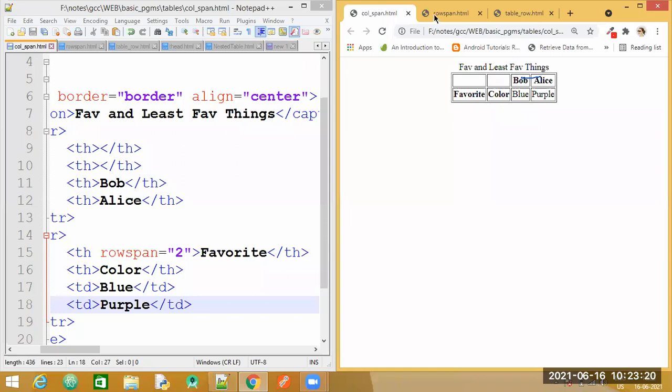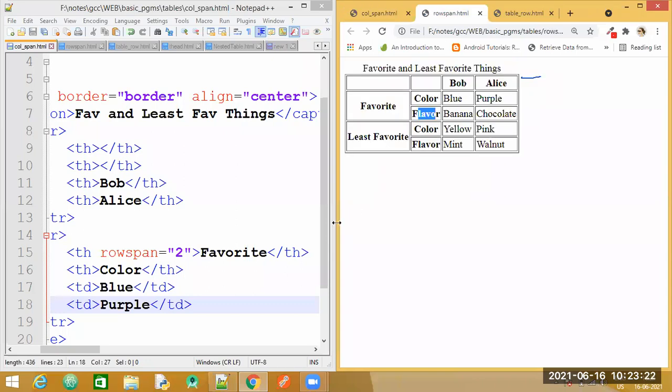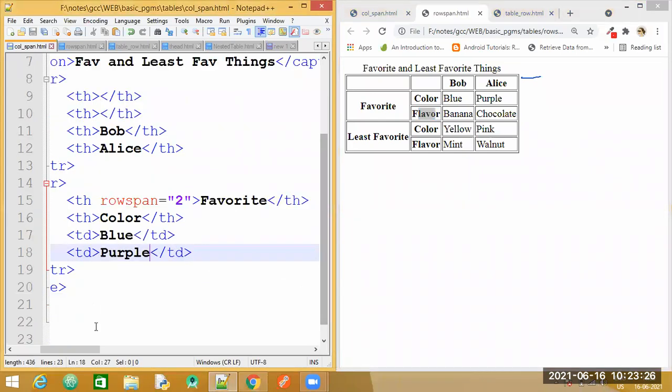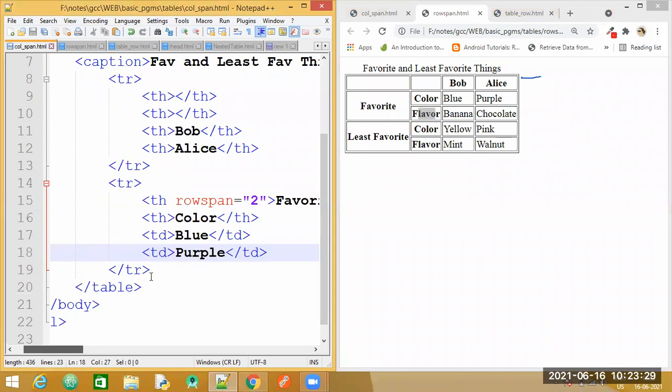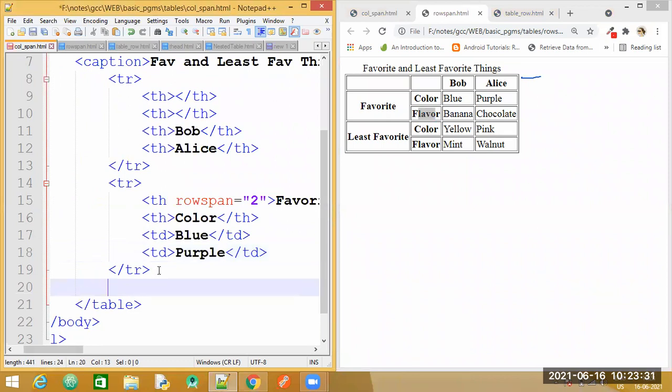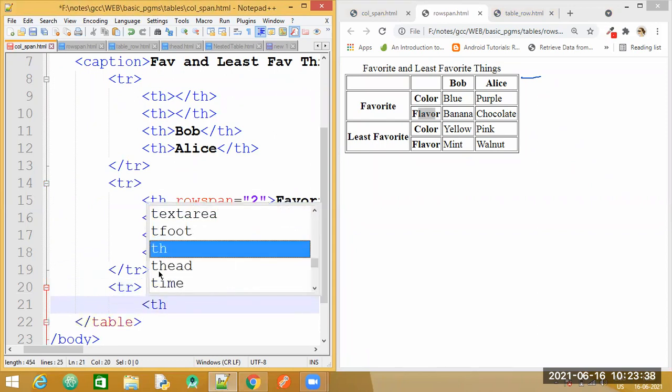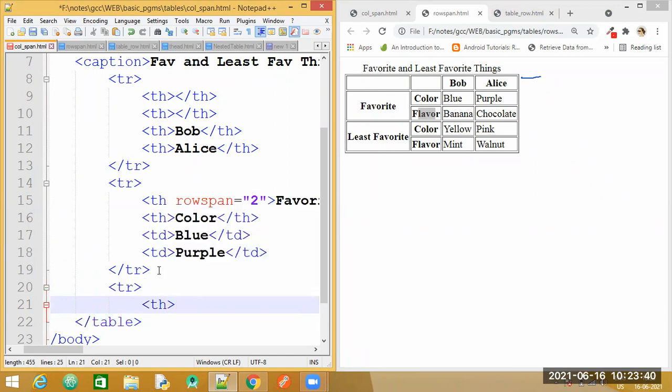Now at the bottom of the color, we will require another TH. Okay. So now again I need to specify a row tag as Sanjana said, right? We will specify a row tag here below this. So inside this again we need to give a heading. And what is going to be the value of the heading? Do we need to again give any row span there? No, ma'am. No, correct. So let's give the value.